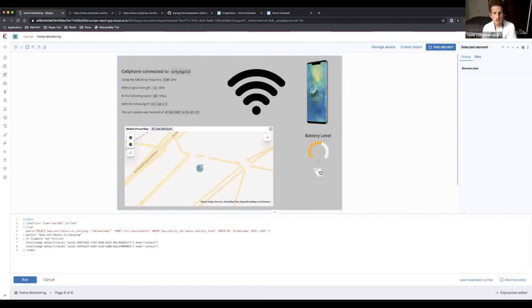This icon here changes whenever I'm charging my phone or not. Again, I'm doing a SQL query to figure out if the phone is charging. If charging is true, then I'm displaying this image, and otherwise I'm displaying this image. So right now my phone is not charging. If I charge my phone, let's just,